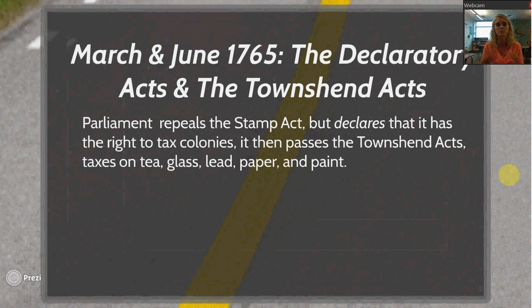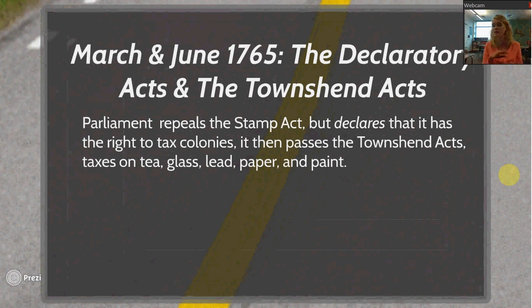Then it passes immediately after that in June, the Townshend Acts. So remember how they're saying, yeah, we'll repeal this one, but if we decide to do this again, we have the right to do that. Well, they did it again. They passed the Townshend Acts, which put taxes on tea, glass, lead, paper, paint, all of these things, paper that the Stamp Act was on, paint, so if you wanted to paint your house,